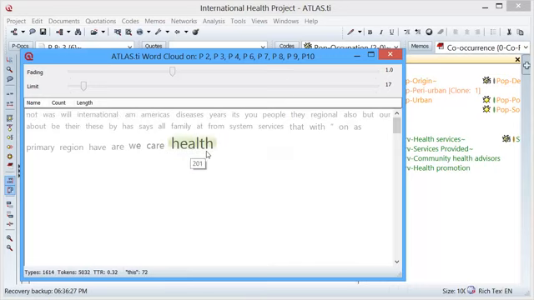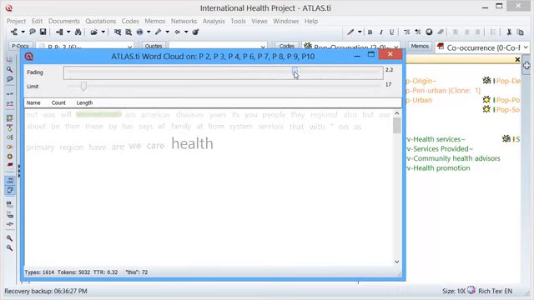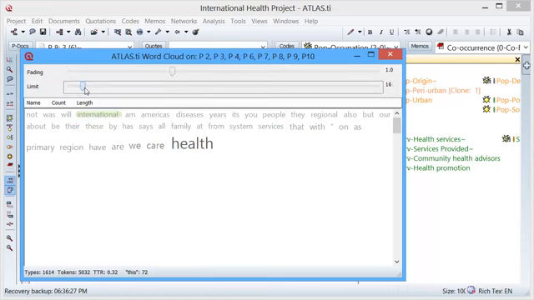However, care and health could be interesting. Primary could also be interesting. Region could also be interesting. I can also fade off the least frequent words like this, and so on. So this